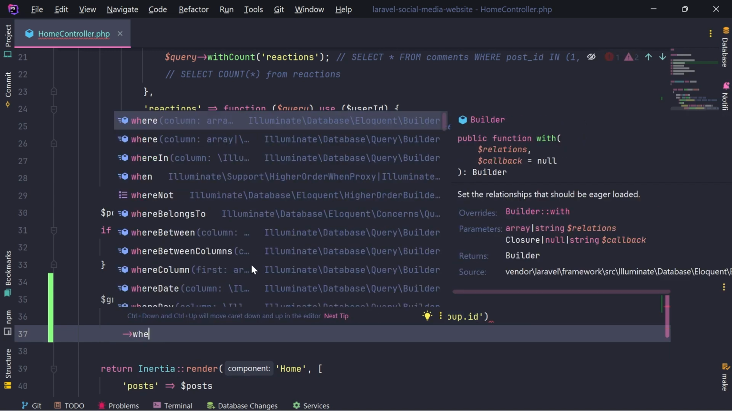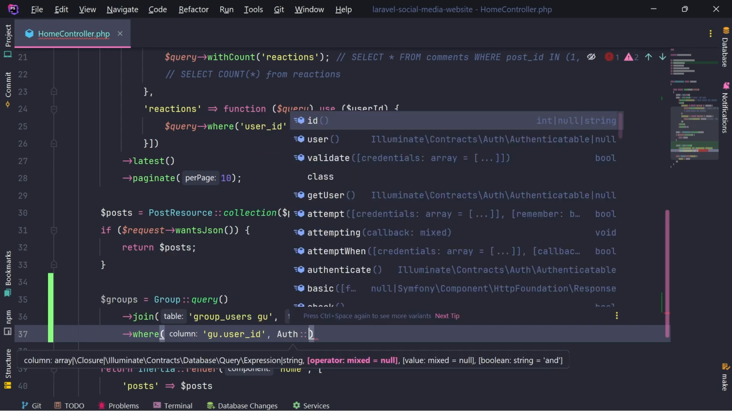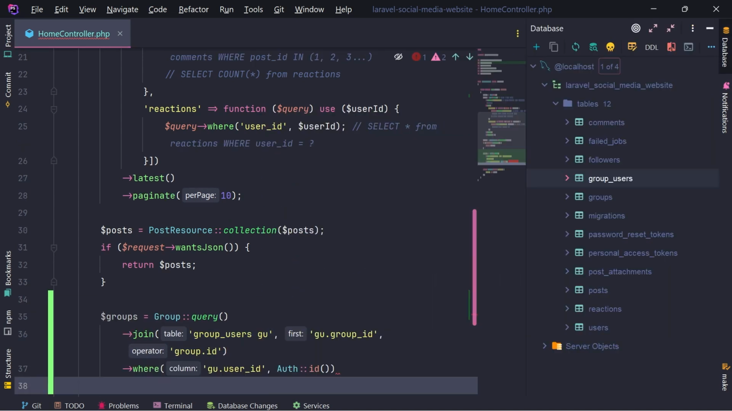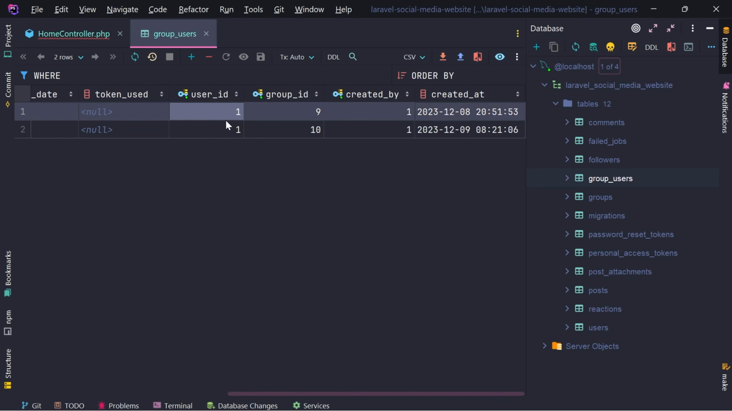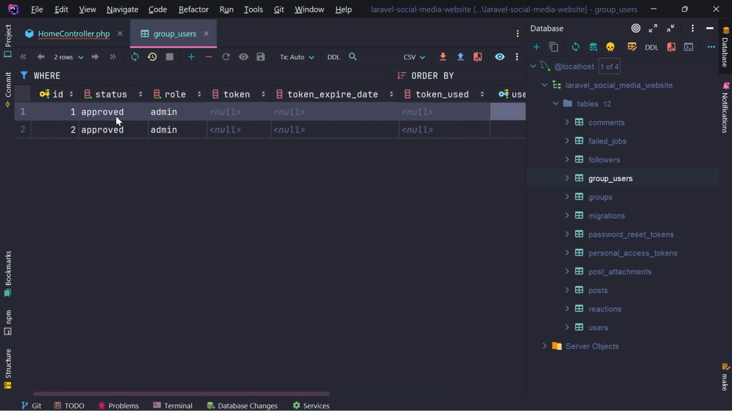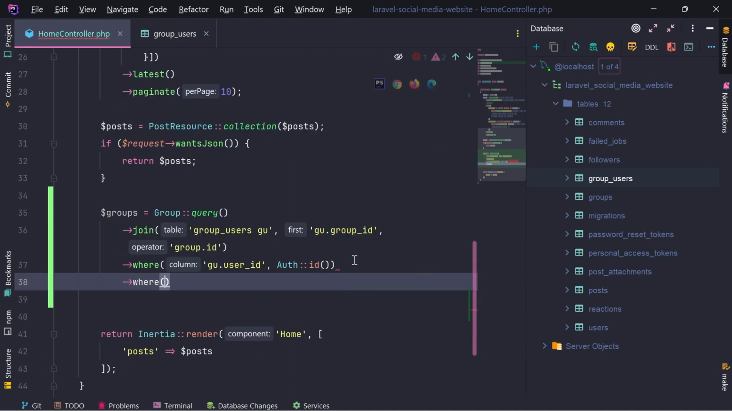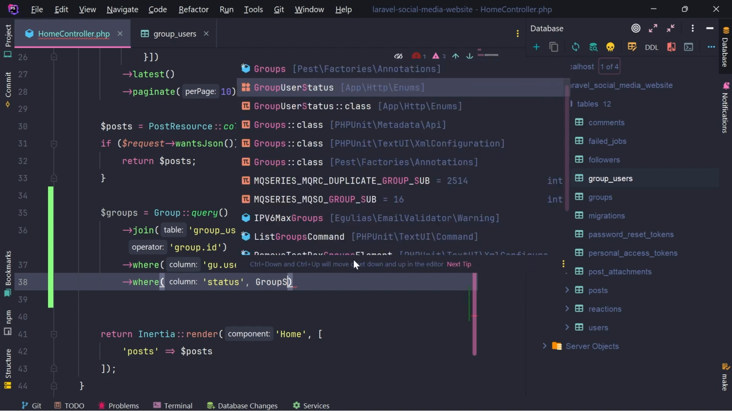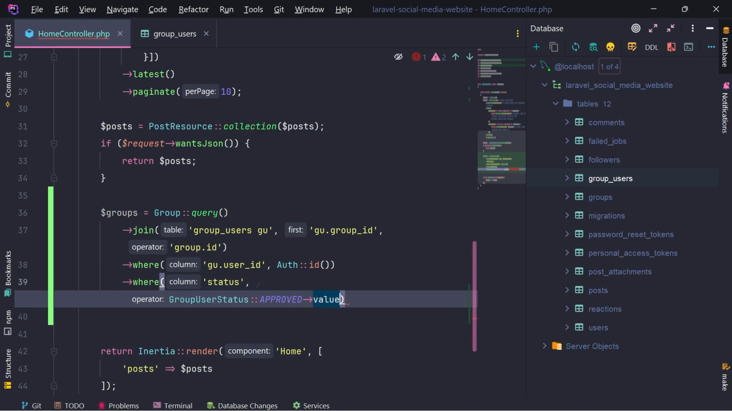And we also need to write a where the currently authenticated user, where the group user ID is the currently authenticated user's ID. Okay. So where the user ID should be this, the currently authenticated user. And we also need the status needs to be approved. Okay. So we need another where status needs to be approved, and we have group status enum, and we're going to use approved value here, and